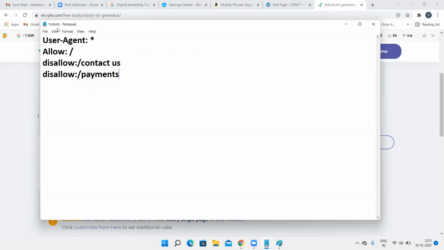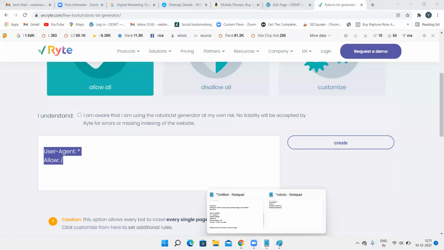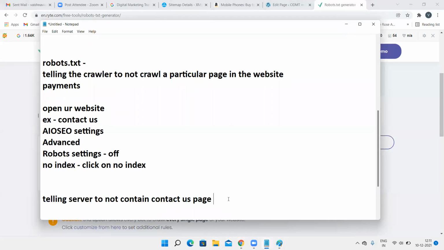We have generated 2 files. Now the last one is telling server to not contain contacts as a page. You have to do